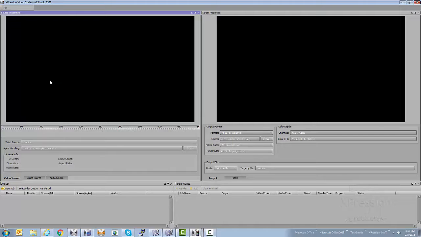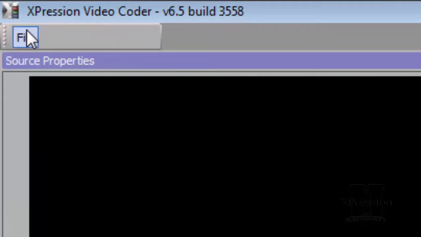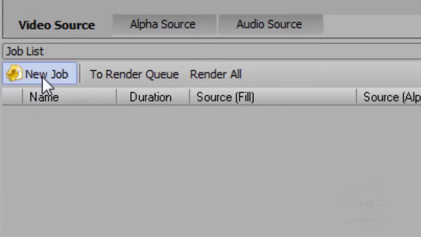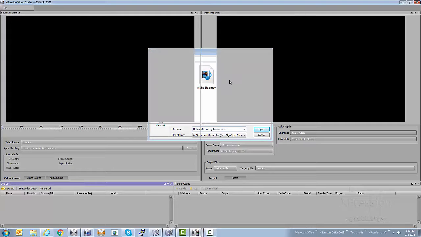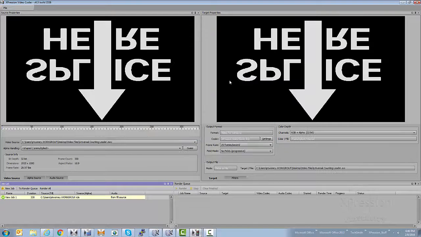So we're going to create a new job, and you can either go up to the File menu and click New Job, or you can come down to the jobs list and click New Job, which is what I'm going to do here. That automatically opens up a video source file, and I'm going to choose one here that's a movie file. It's an MOV, it's an MPEG file. I'm going to double click to launch it. It's a countdown, and what should happen is it should populate the source panel with the video countdown,